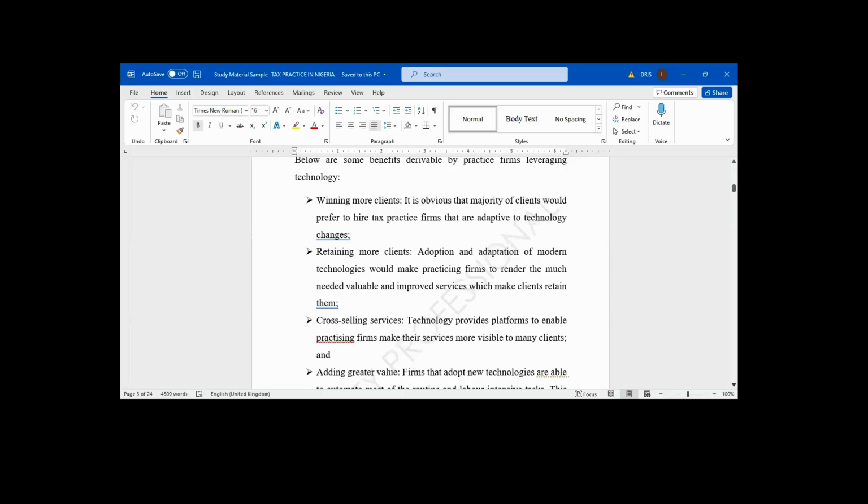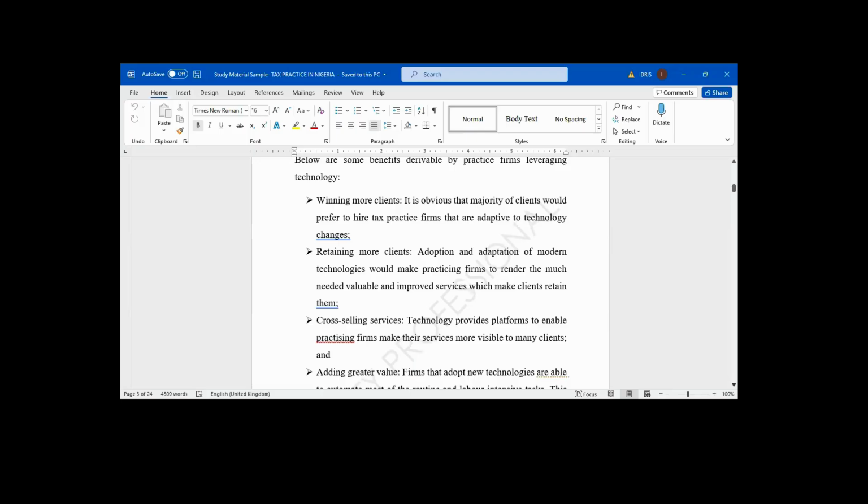Likewise, those who are in the practice firm, if they have more knowledge of technology and IT, they will gain more clients. More people will hire them because most of the jobs that they will be helping them to do, they will understand their software. If you want to go and audit a company that makes use of accounting software, you have to know the software they are using. You cannot audit without understanding the system. It will be very hard.